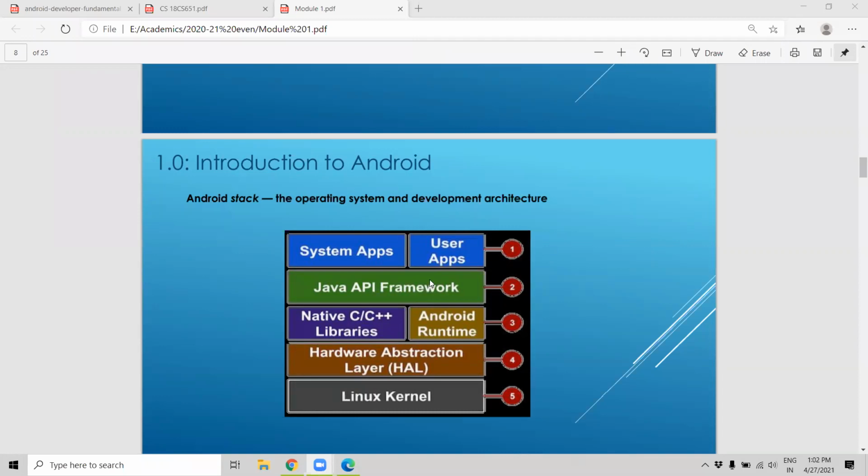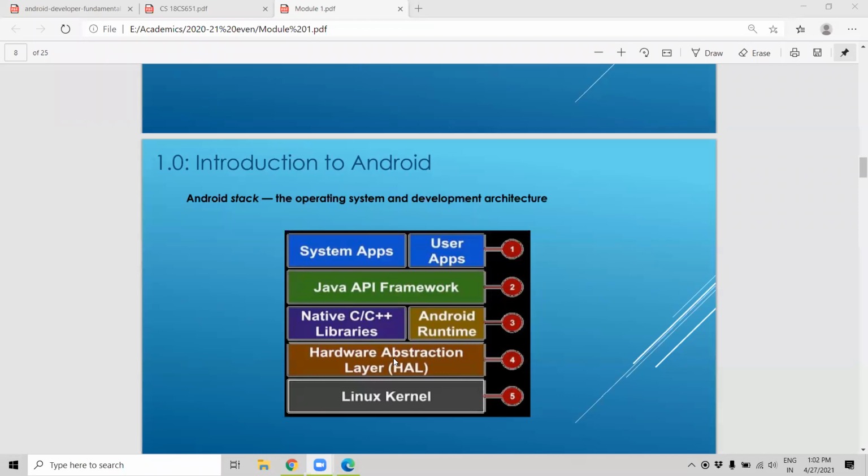In the second layer, we write the first layer, what we see. The third layer will be used by the second layer. These libraries, we use to write the program, and the written program will be run by this Android runtime. Below that, there is a hardware abstraction layer.